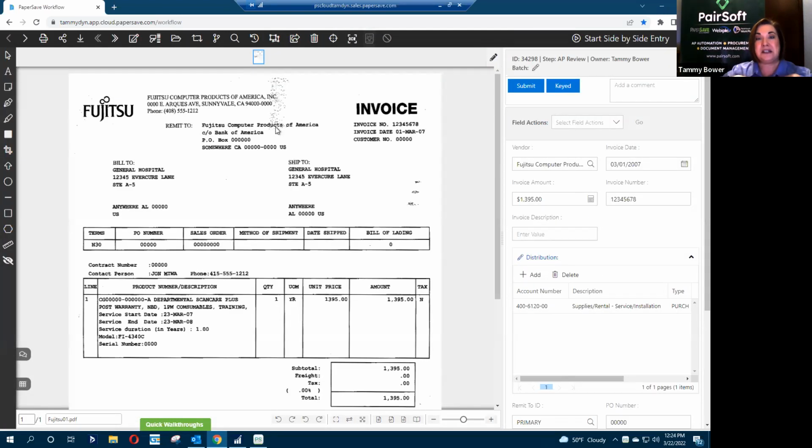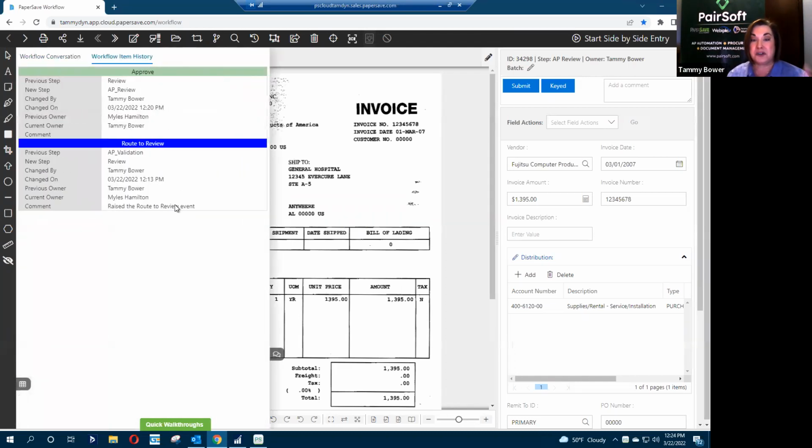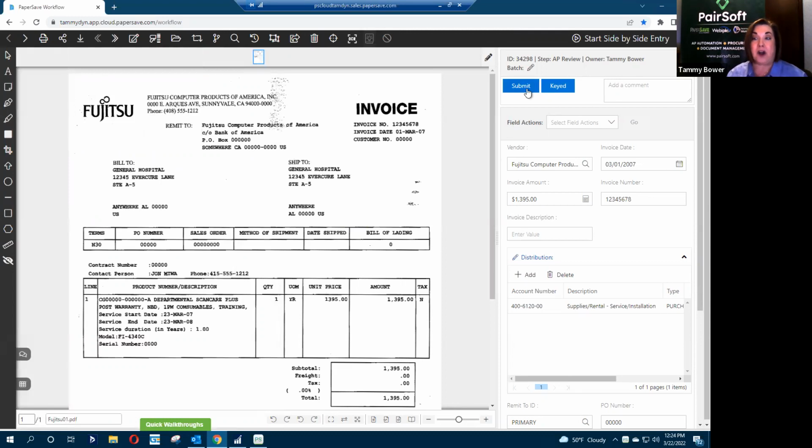Everything has come into accounting. It's been distributed out to the appropriate people for approval. It's now come back to accounting, right? For that last right of refusal, do I want to submit this into GP or don't I want to, right? And so at this point, I can see where this document has been, who's approved it. Again, that's all part of the workflow. And at this point, all I have to do is hit submit. All the data entry is done, and it's going to automatically create the transaction.